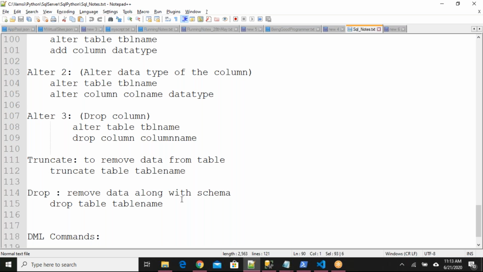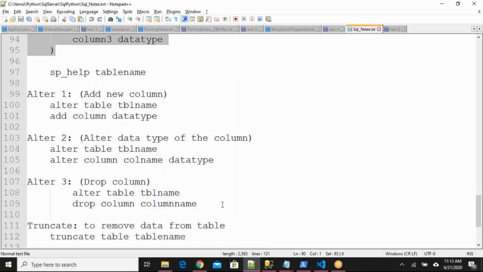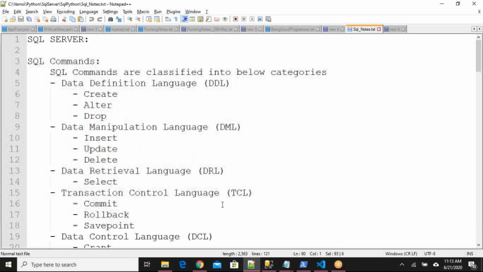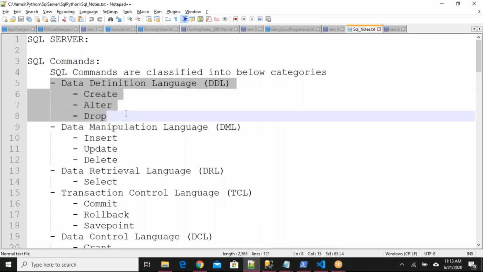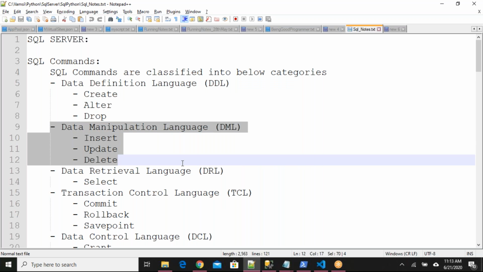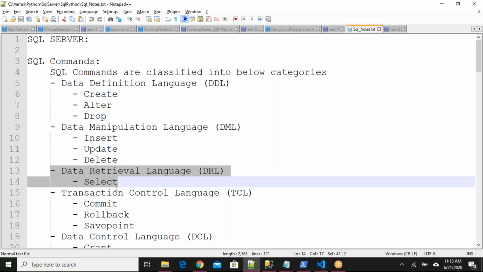So what if I don't give star in select star from command? Ganesh, please wait. We are not yet talking about the data part. We are not talking about that retrieving command. We are just discussing DDL. So after DDL, we will go to the next step. See, we are here, DDL statements. Next, we need to understand data manipulation language. Then we have to understand data retrieval. So we'll talk about the select statement in a while.